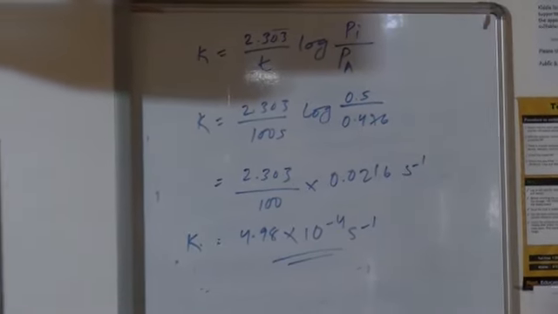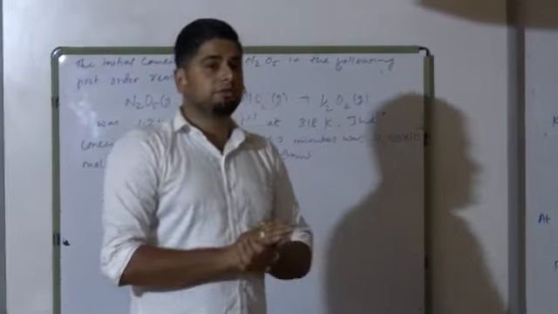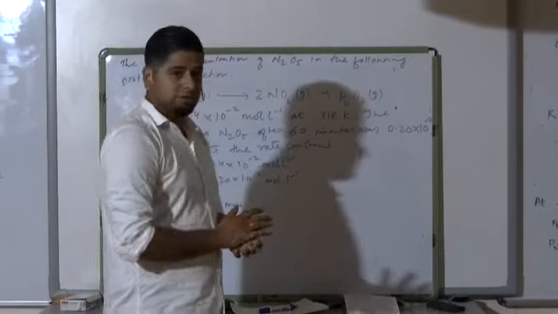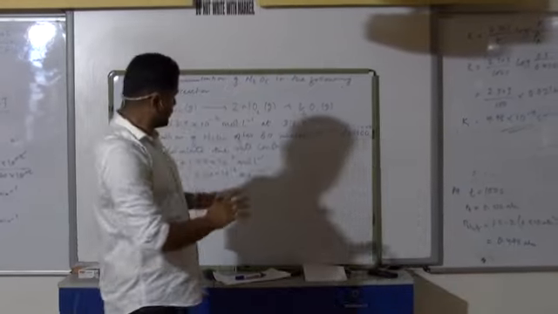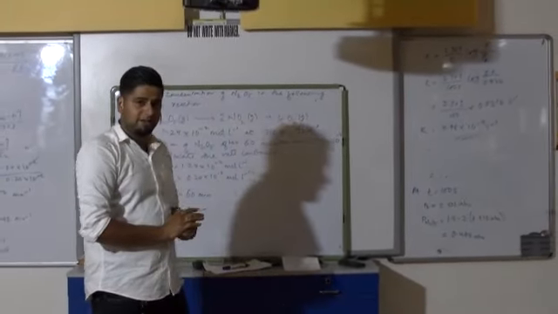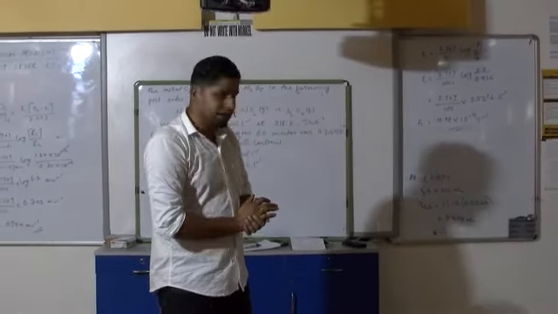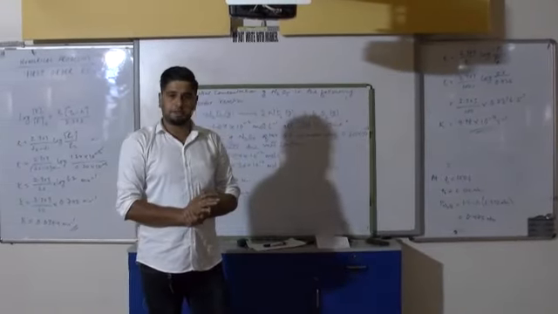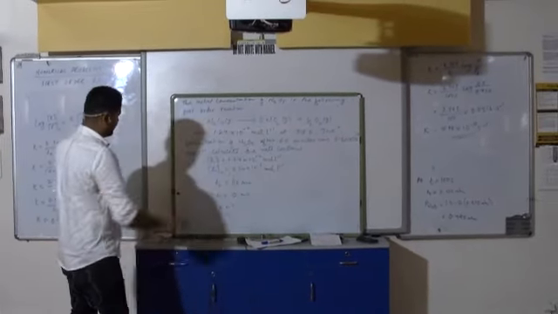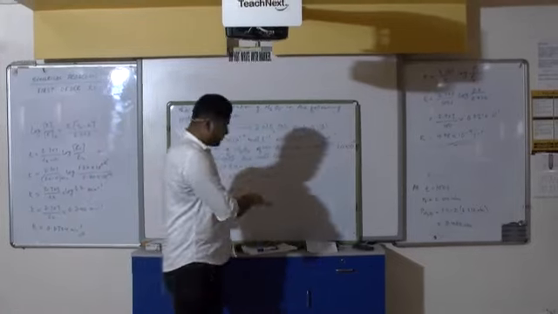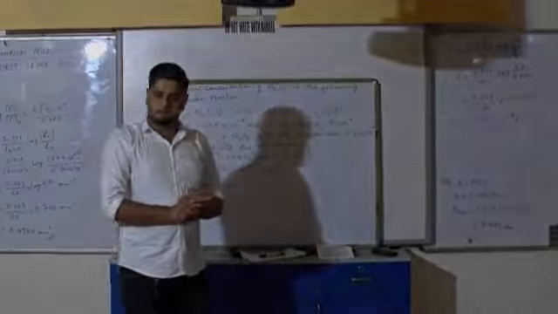Okay, this much for today. In the next class, I'll give you some numericals on the topic half-life of first order reaction. So go through this numerical problem again and again. Pause the video, take a screenshot, and go through it again and again. Then you'll understand this. So don't just mug up this type of numericals. You have to practice it. If you practice, then only you'll understand. Thank you very much.